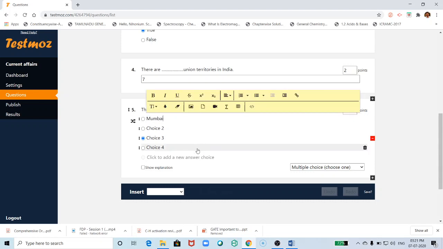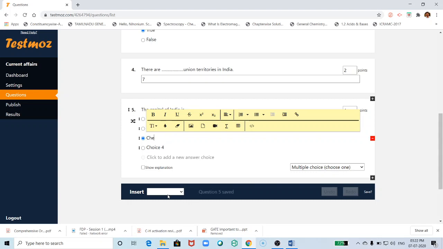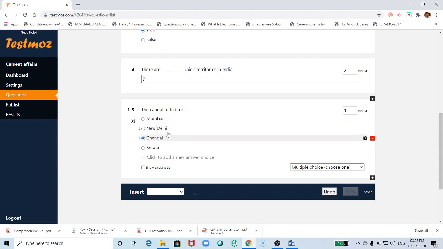I'm giving the options here: Mumbai, New Delhi, Chennai, Kerala. Okay, I have given 4 options. So the correct answer is New Delhi. You have to select this as the correct answer.